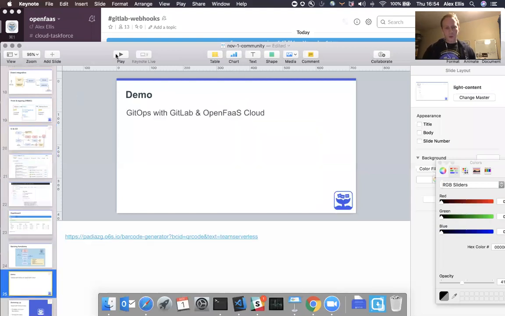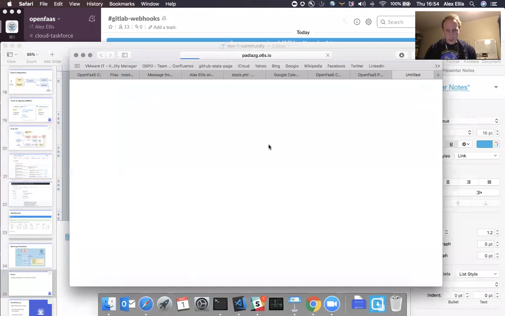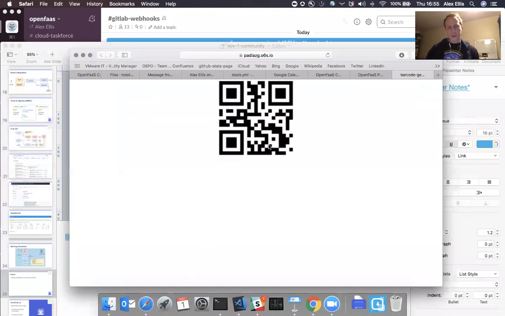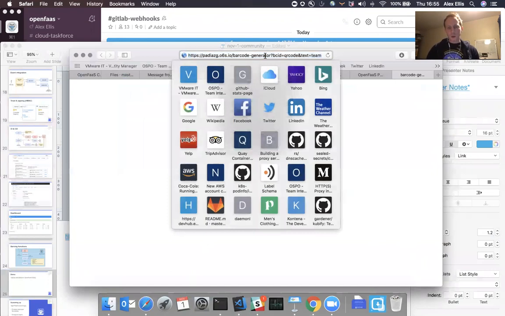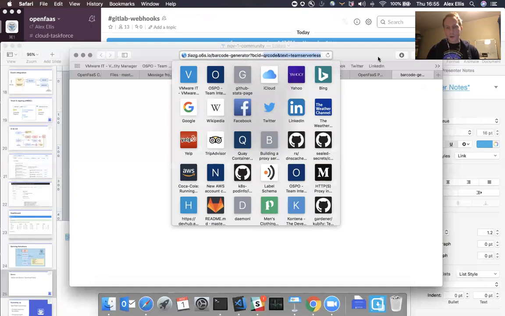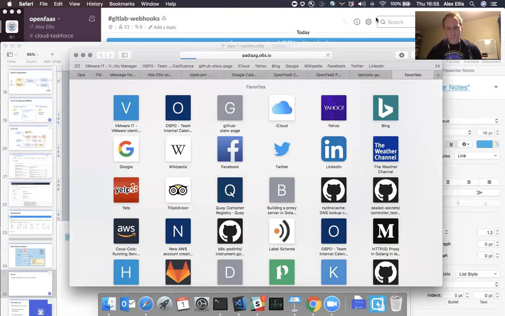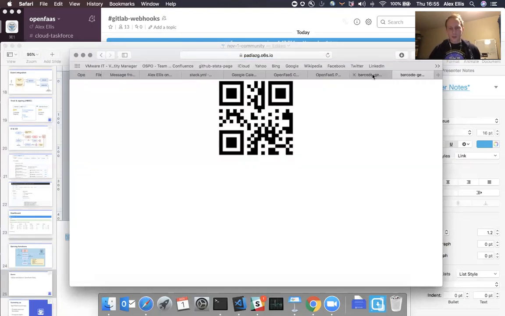I think that was everything that we were going to show you, but there's one more thing. Patricio again, he created this pretty cool function, and this is deployed on the community cluster right now. It generates QR codes, but you can actually embed this in a HTML page. And what it does at the end is it takes some text. So in this example, it says Team Serverless. We could just change this to something else, like let's put Cloud. And you'll see it's generating a different barcode, reading the string in, and his source code is publicly available.